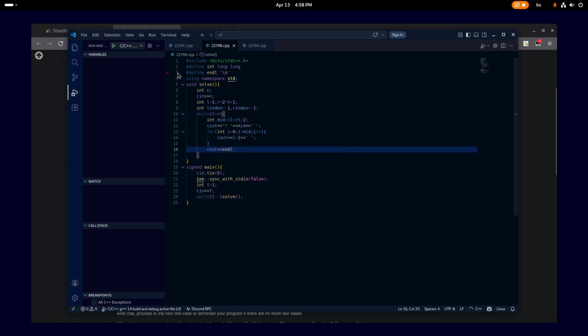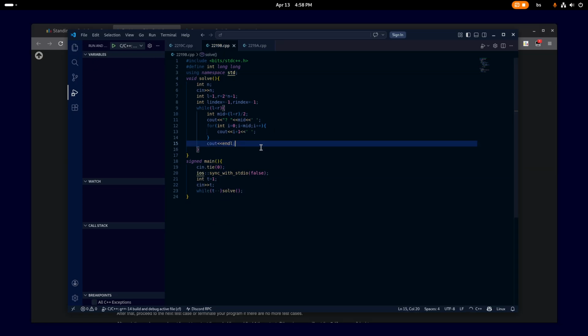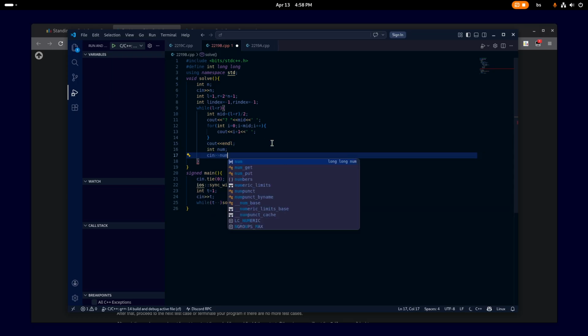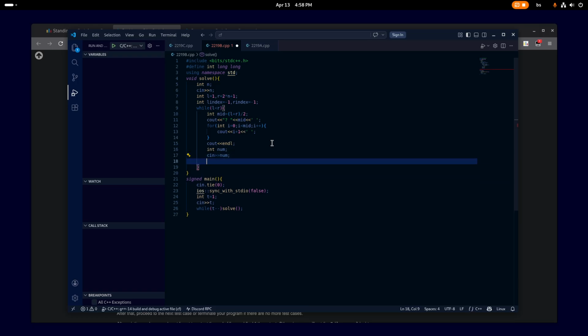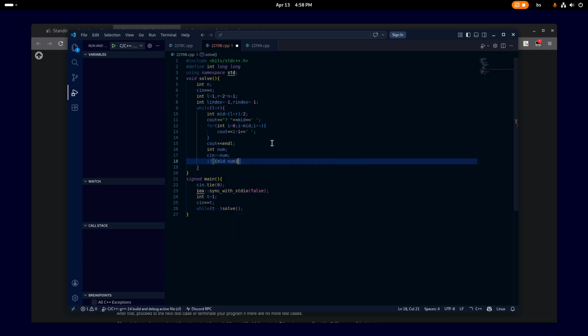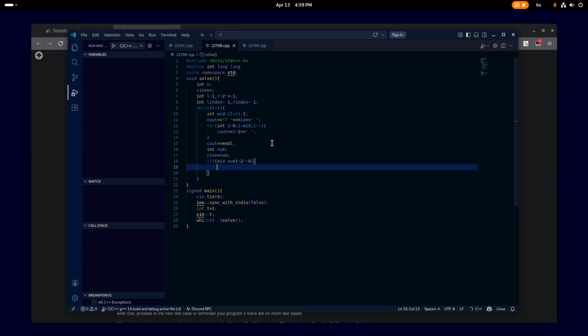And this, because this is interactive, I don't want that one. Yeah, so then we have a number that we have to read. Then we check if this is even or odd. If this is even, that means that